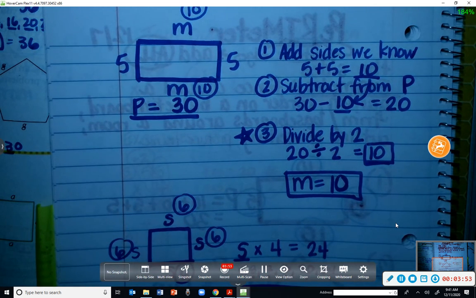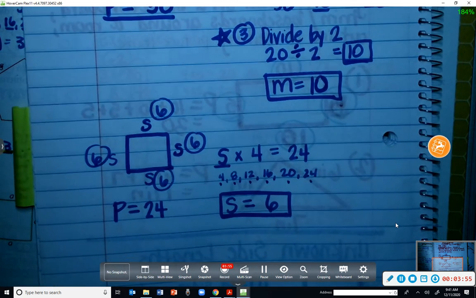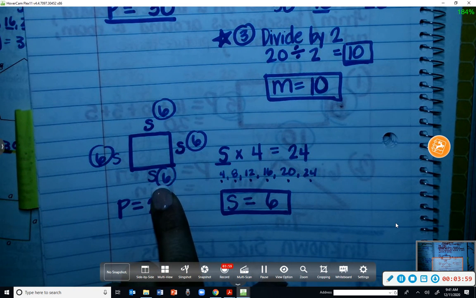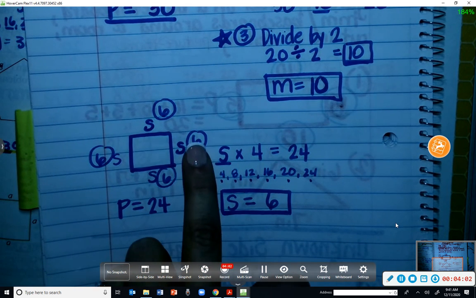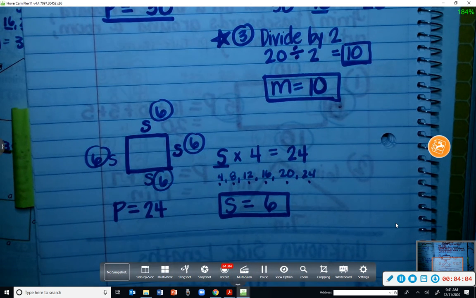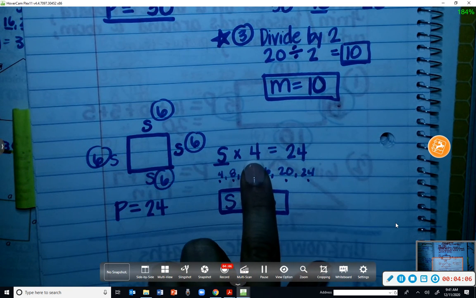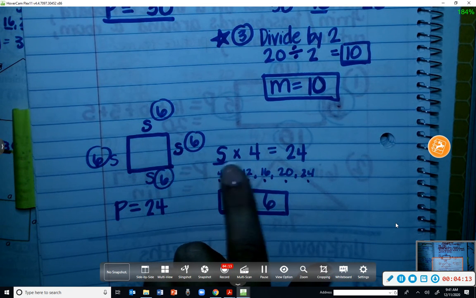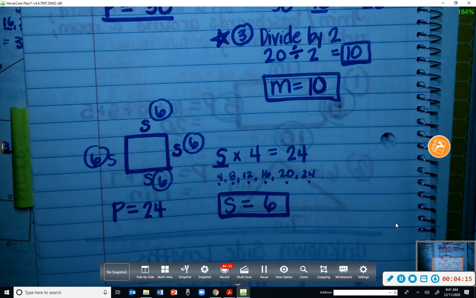Okay? Now, the only time you would multiply if there's a missing side is if it's like a shape or a square that has all sides equal. Okay? We use 4 for the square for our multiplying because why? Why would I multiply the side number by 4? You should know. Bryson? Because there's 4 sides. Because there's 4 sides. So if it had been a